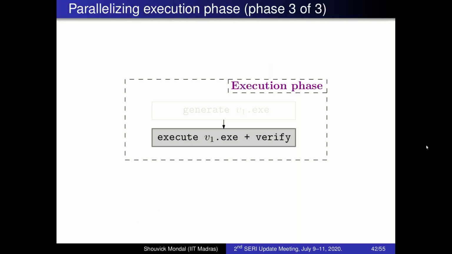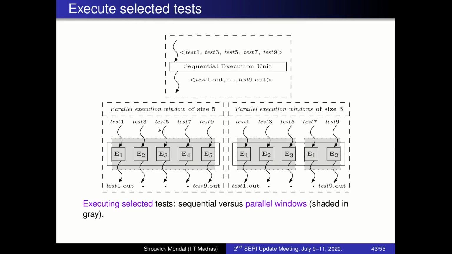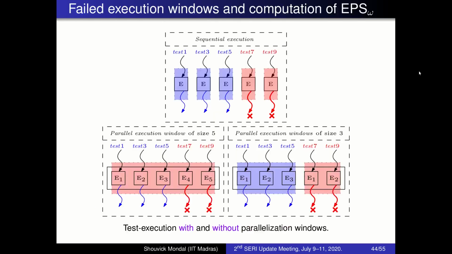So moving on to the final phase, we execute and verify the outcomes. Now here we see that these are threads, but ultimately it transforms to process level parallelism, and this is safe because test dependency and all those things are taken care of. Processes are isolated and they have isolated address spaces. So this is the failed and passed test cases.